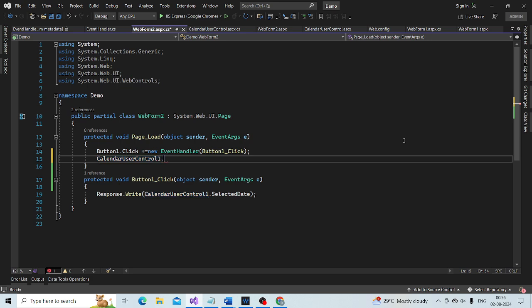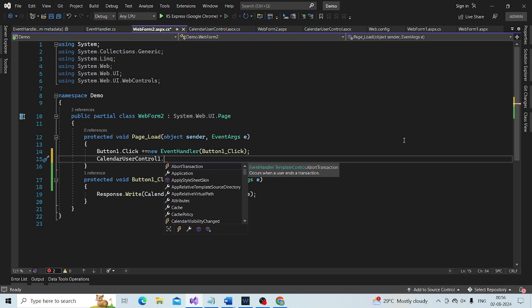Dot. What is the name of the event? CalendarVisibilityChanged.